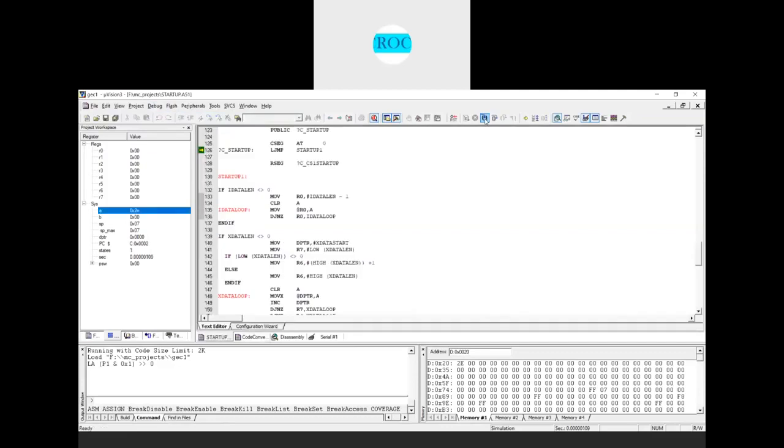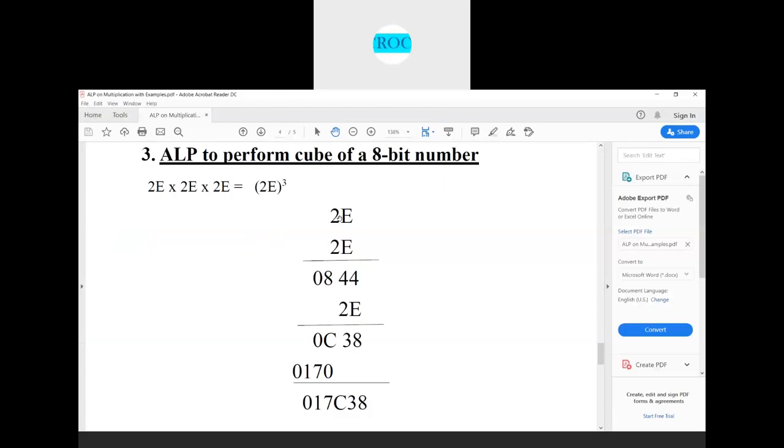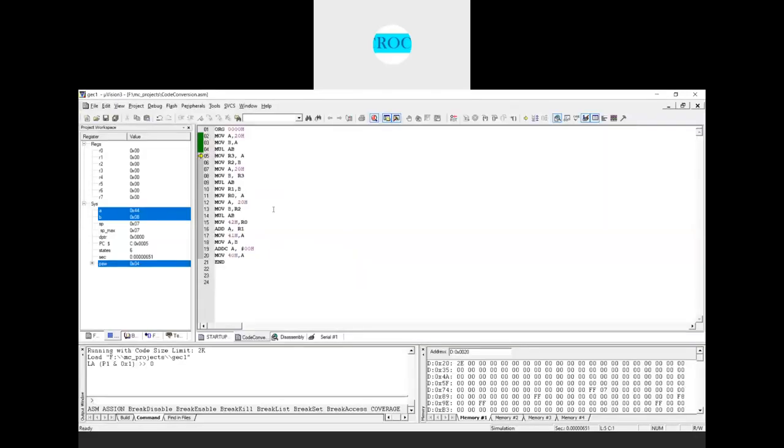And what we have? Multiplication AB. So what we have now? 0, 8, 44. So when I multiply 2E with 2E, you get 0, 8, 44. Now 44 I'll move into R3 register and 08 I will move into the R2 register there.